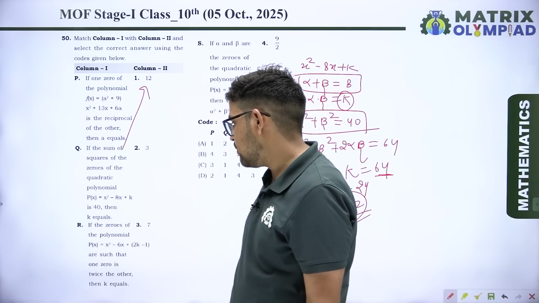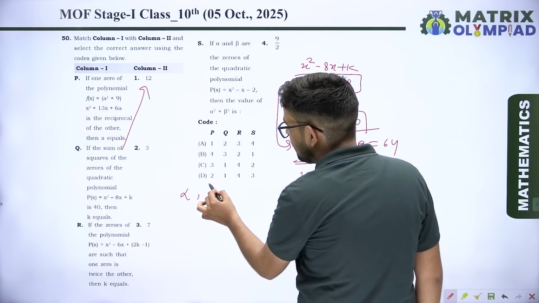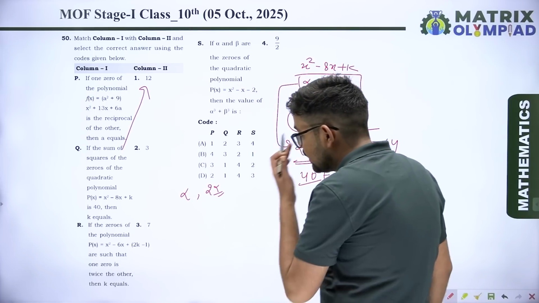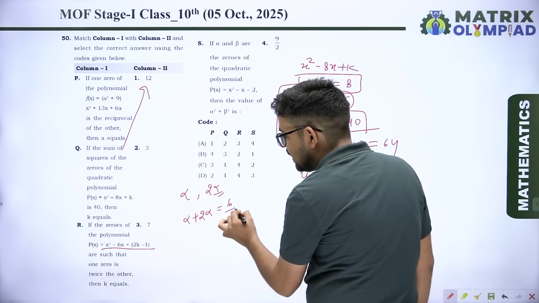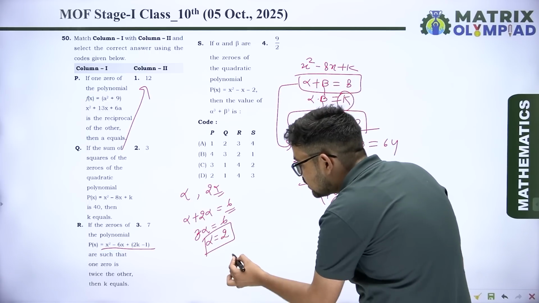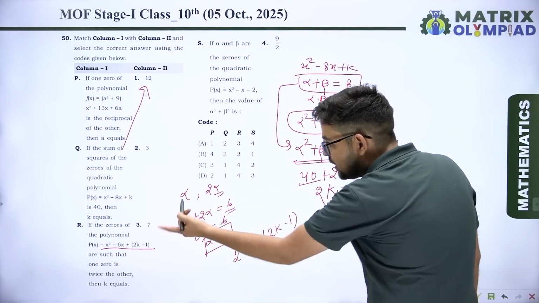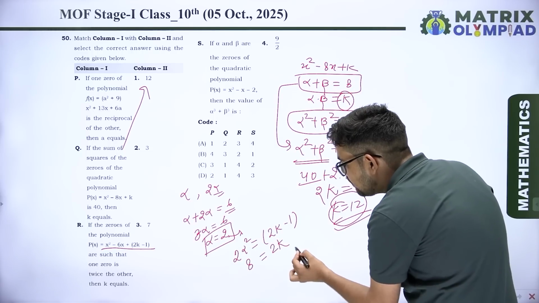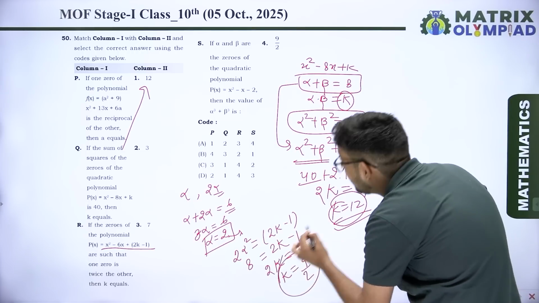नेक्स्ट कह रहा है, इफ द जीरोस ऑफ द पोलिनोमियल आर सच दैट वन जीरो इज द ट्वाइस ऑफ द अदर, यानी एक जीरो अल्फा है तो दूसरा जीरो पहले वाले का ट्वाइस होगा, यानी 2 अल्फा हो जाएगा। देन k इक्वल्स टू, तो यहां से अगर आप पोलिनोमियल को कंपेयर करते हो तो दो जीरोज का सम होता है माइनस b अपॉन a, मतलब आएगा 6। तो यहां से 3 अल्फा इक्वल टू 6, यानी अल्फा की वैल्यू 2 है। और दोनों का प्रोडक्ट यानी 2 इंटू अल्फा स्क्वायर होता है c बाई a, मतलब 2k माइनस 1, a की वैल्यू 1। तो अल्फा की वैल्यू पुट करोगे तो हो जाएगा 8 इक्वल्स टू 2k माइनस 1। तो यहां से 2k इक्वल टू 9, तो k की वैल्यू आ जाएगी 9 अपॉन 2।